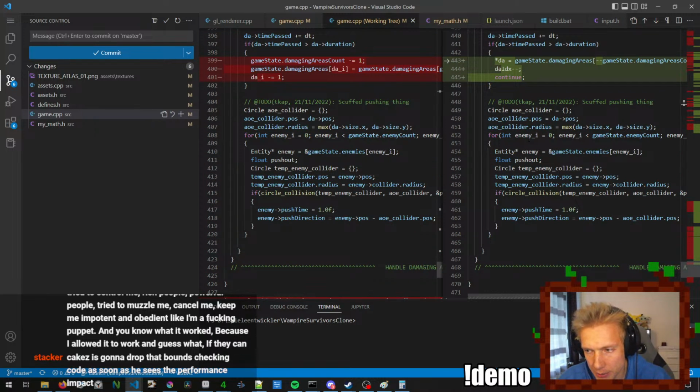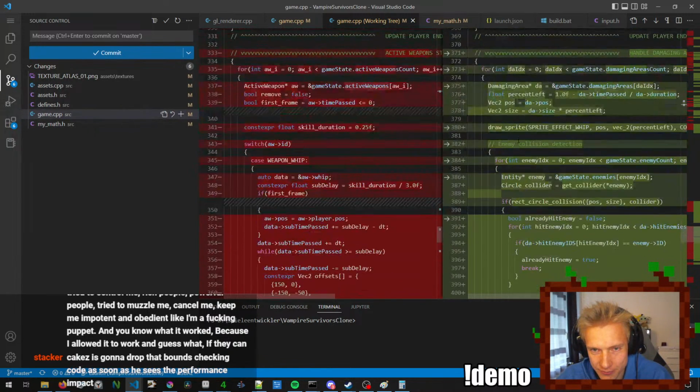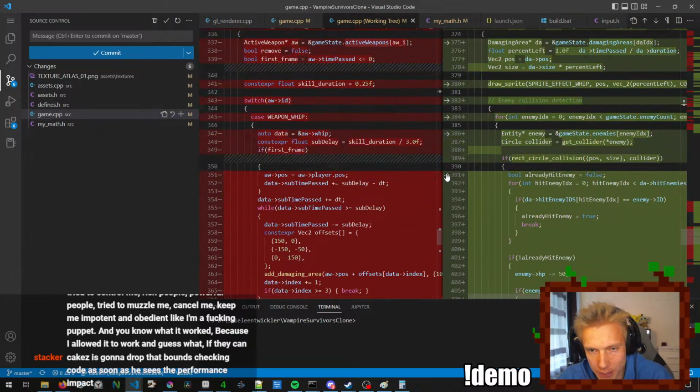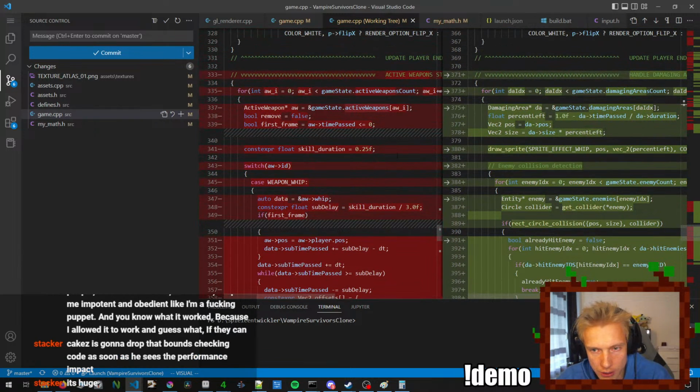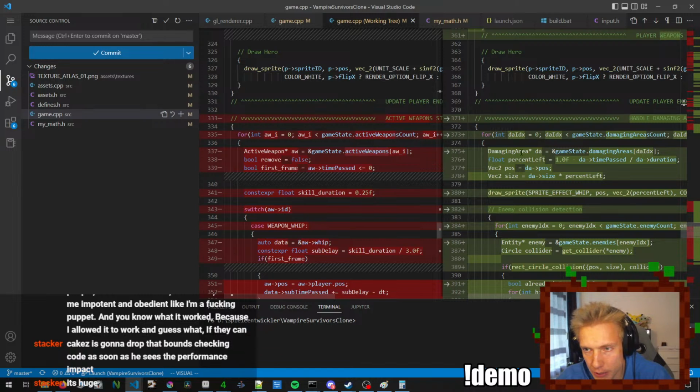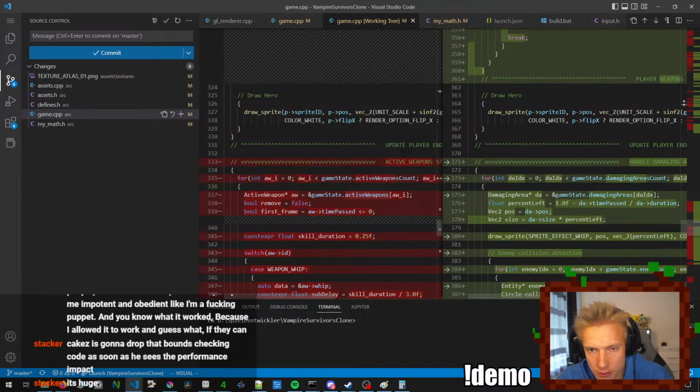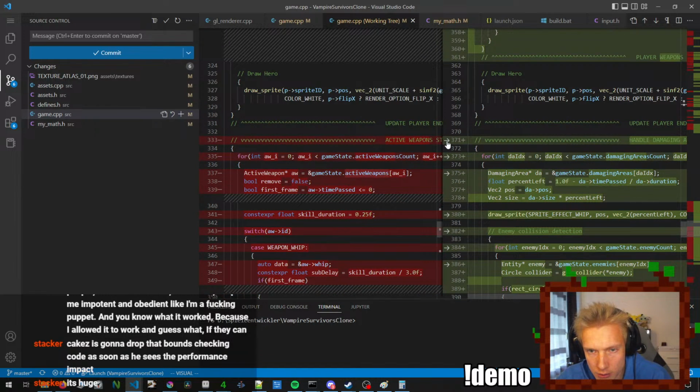Cakez is gonna drop that bounce checking code as soon as he sees the performance impact. Okay, so we get that back. We undo those, all of those. So the active weapons. That's what we do. Active weapons. That's what we add back in. Wait, what about this?